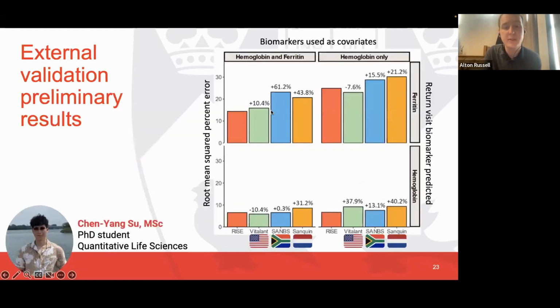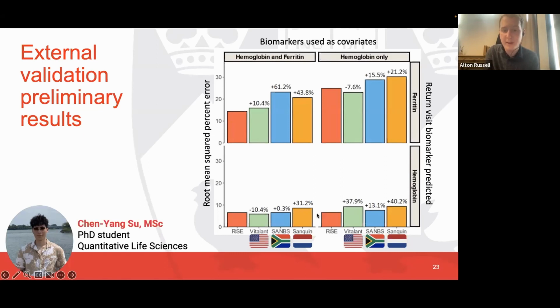And so here are some preliminary results done by my PhD student, Chen-Yang Su. Interestingly enough, when predicting ferritin, we do pretty well in the Vitalant data. With ferritin as a covariate, we did basically 10% worse. We actually did slightly better when we have hemoglobin only, and a bit worse in both South Africa and the Netherlands. And then when we're predicting hemoglobin, adding